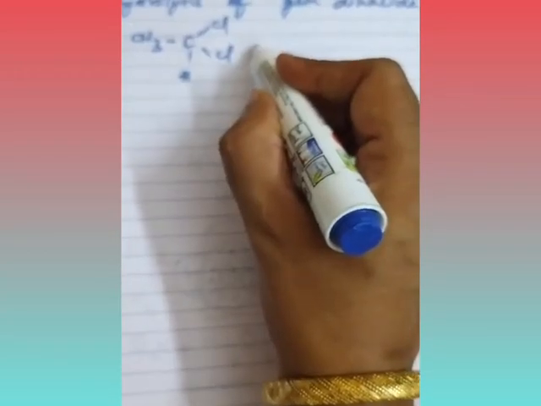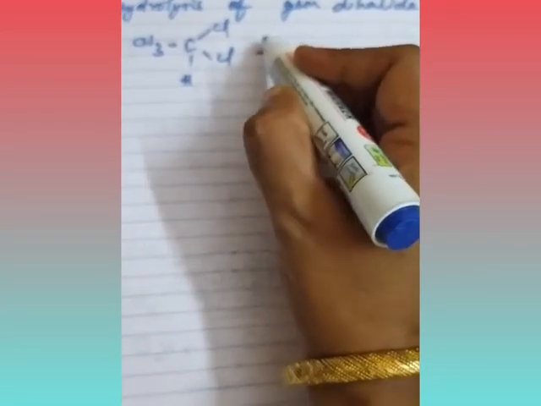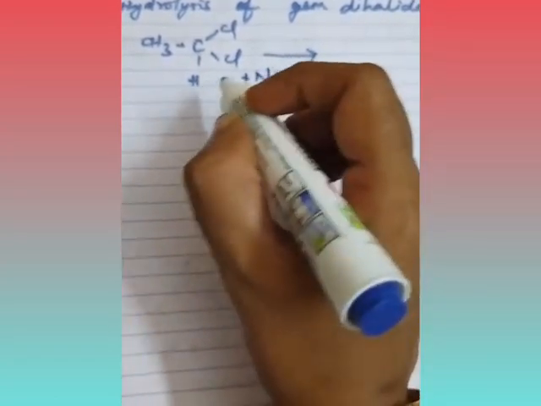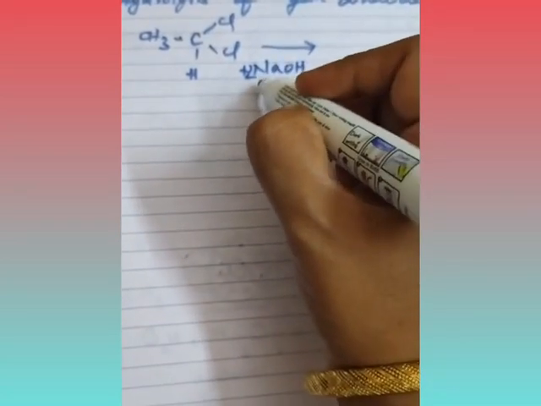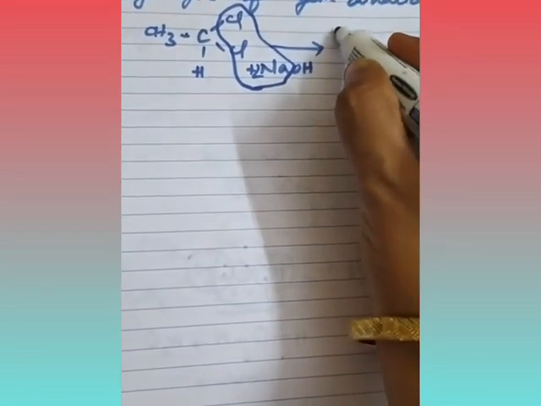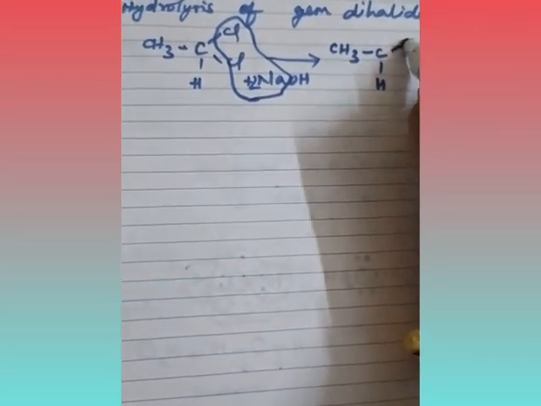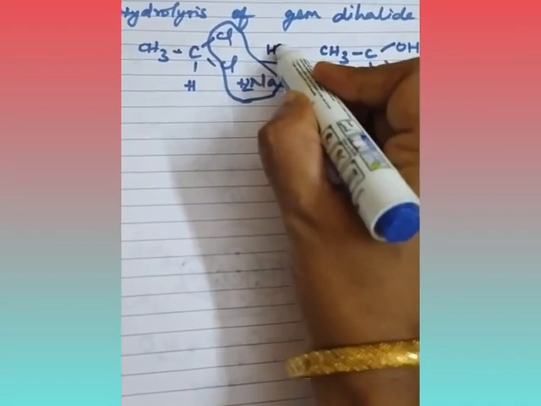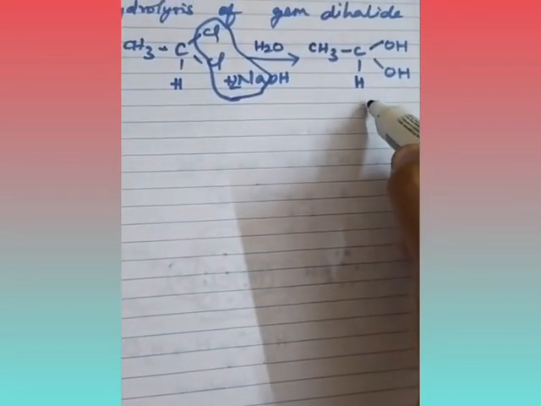It undergoes hydrolysis using alkali. So here the main compound is this one. What is going to happen now? We are going to treat with 2 molecules of NaOH. So when it reacted, what happened? NaCl will be removed, so there will be an intermediate here, CH3, H. Here there is an OH, here there is an OH. Okay, so it undergoes hydrolysis using only alkali. So this is an intermediate.